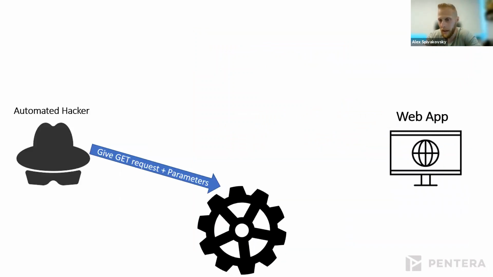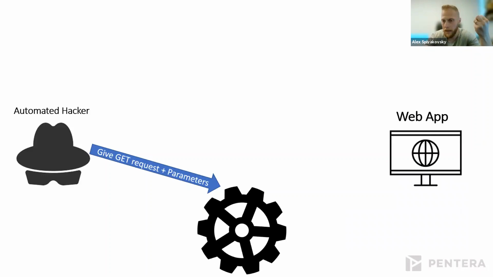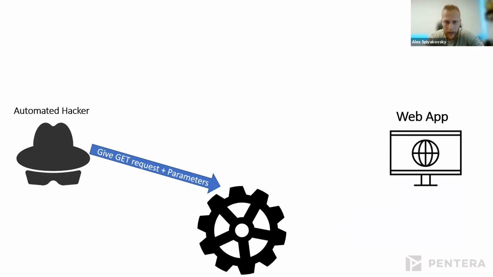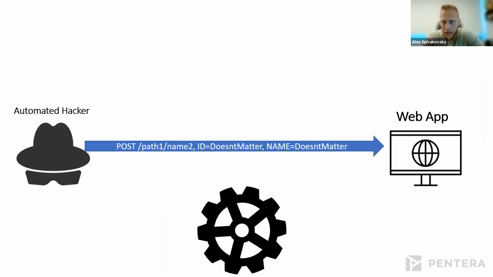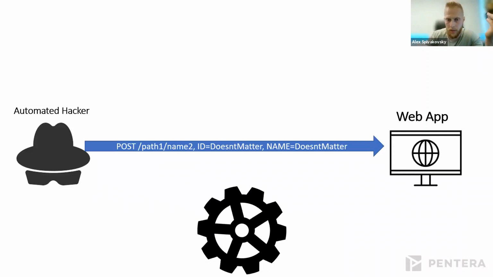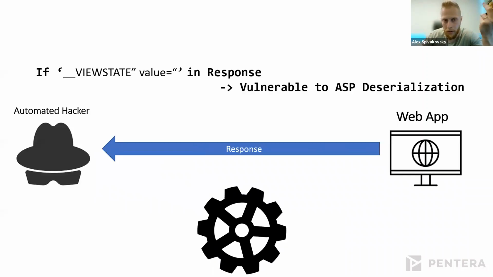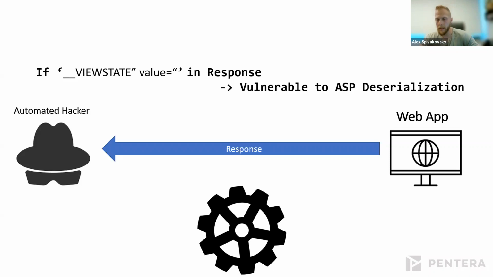You want to get the request that you've mapped, okay? And at this time, the parameters don't matter. Why is that? You send the request to the server, and if the server's response contains the strings view state and value, it basically means that you can use this field, and it may be